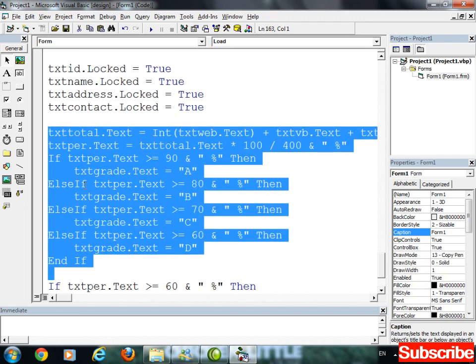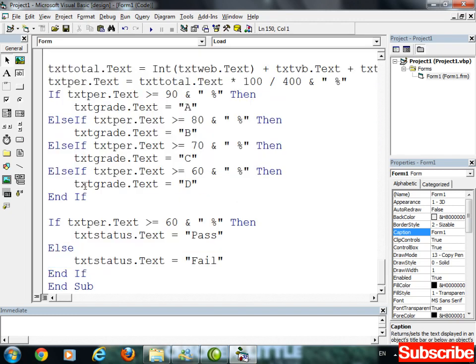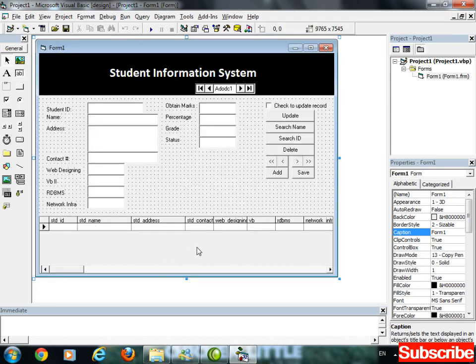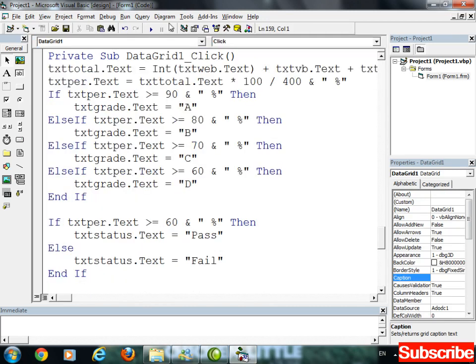Copy this complete code. Control C. Now double click on the data grid. Make sure the click event is selected right here. The name is data grid 1 and the event is click. Just paste it right here. Now start project.